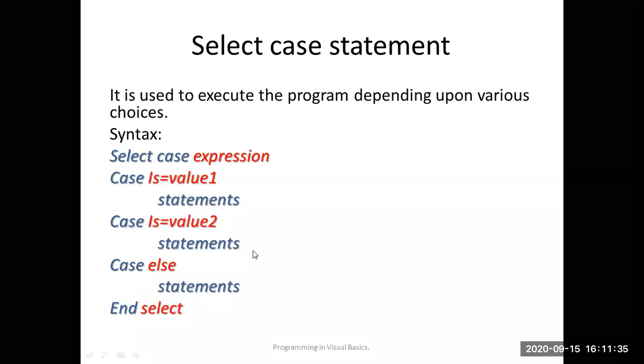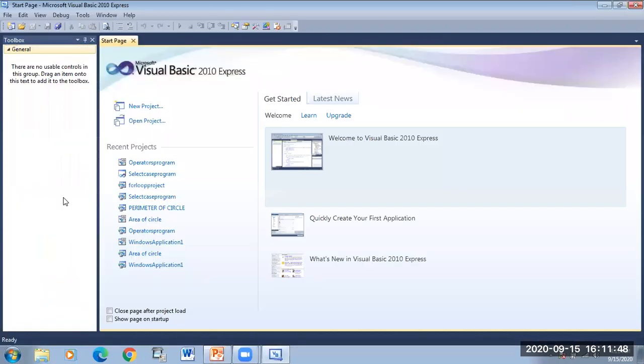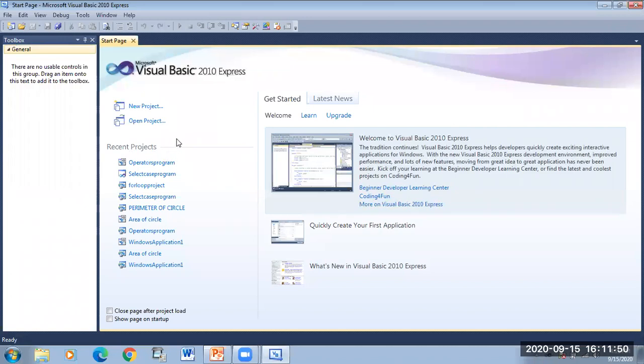Now I will explain with the help of a very small program how the select case statement is going to work. So let us open the Visual Basic IDE. This is the VB IDE, and we're going to see the select case program.